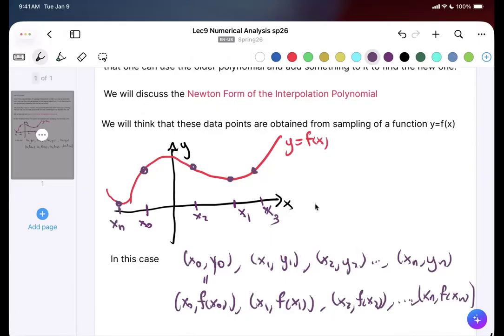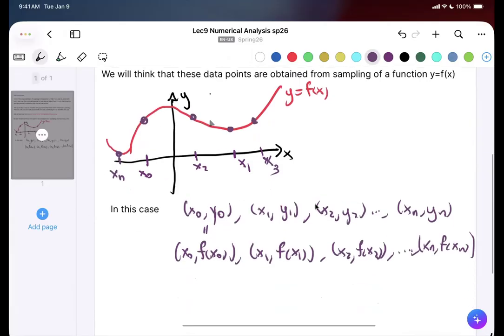The reason for that is because it connects this problem to a problem from Calc 2, which was the Taylor polynomials. One way to think about the Taylor approximation is that you're trying to approximate a function in terms of f of x0 and the derivatives, f prime of x0, f double prime of x0, etc. So in the usual Taylor approximation,